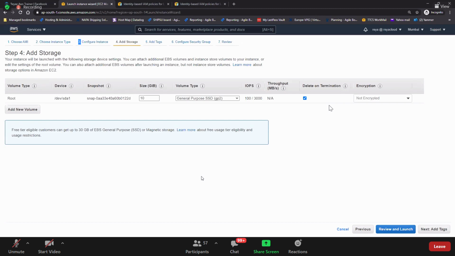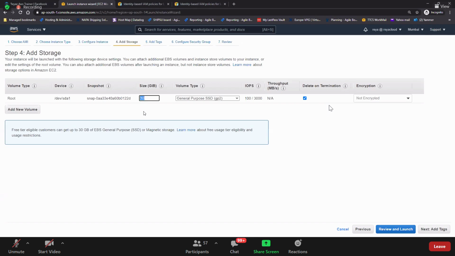From snapshots. Okay, volumes are created from snapshots only, right? And snapshots are created from volumes. Yes. So here we have the root volume, and this is /dev/sda1, and this is created from one of the snapshots.